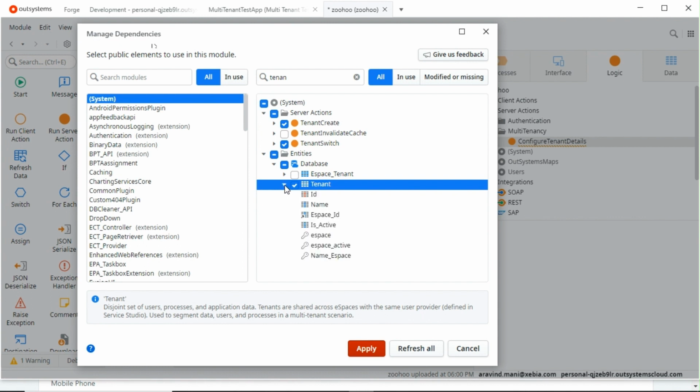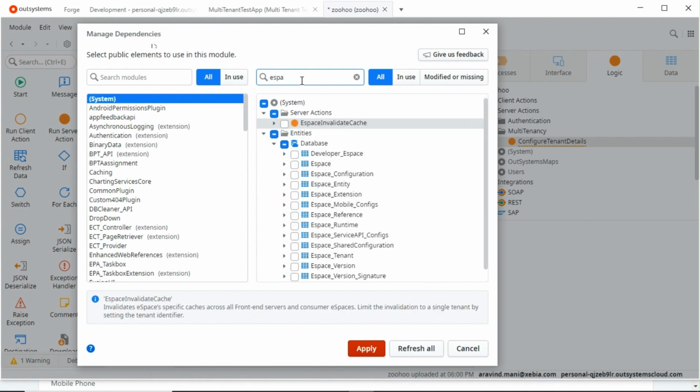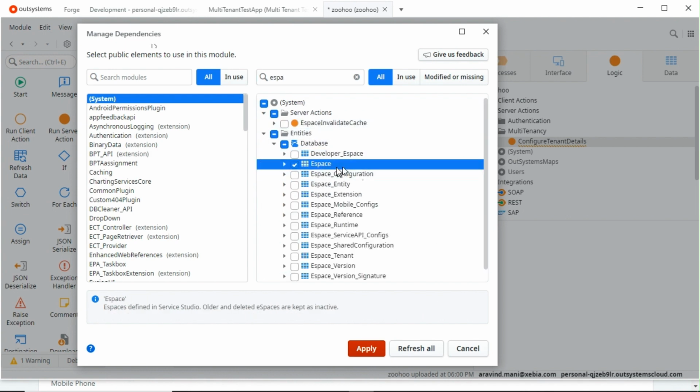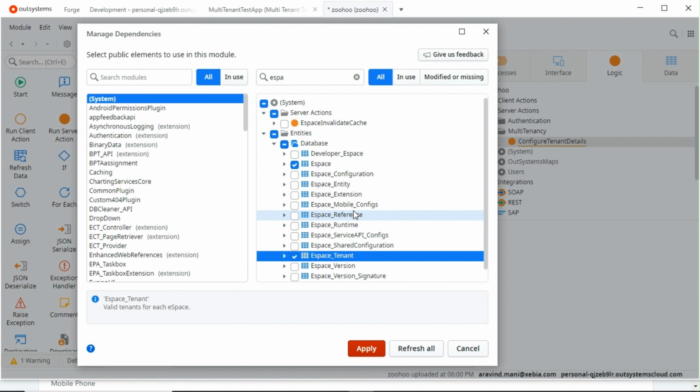So now I will take this as tenant, and e-space also I will take, and e-space tenant I can have too. I'm just taking these references for our own reference. We are not doing development with these entities, but of course we will use this e-space in this server action. So I will refresh it,